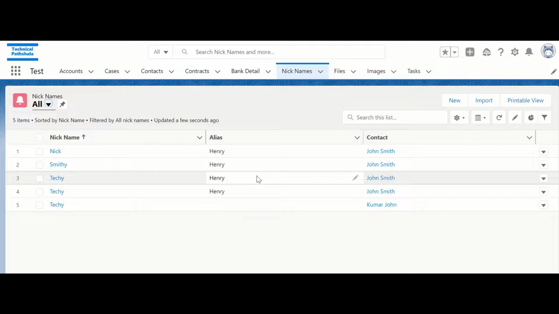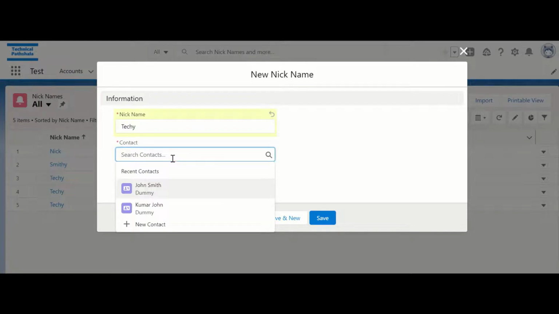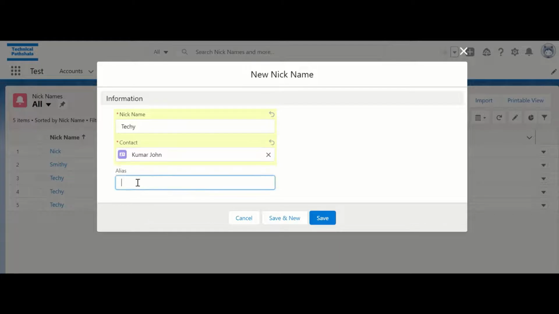Now we will see what happens whenever we create a new record. Give it nickname as Techie, and this time search contact as Kumar John and provide alias as Smith.